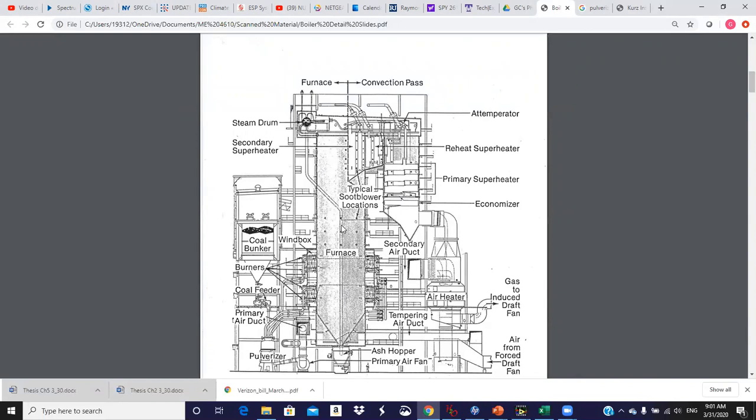I think what they're showing is the downcomer, even though they don't tag it as such, down to the bottom of the boiler where it enters the distribution headers that feed all of the individual water wall tubes. Okay, so the water in the downcomer is relatively cool compared to what goes on inside the water wall tubes, and so that establishes this density difference between the downward leg and the upward leg through the water wall tubes that causes a natural